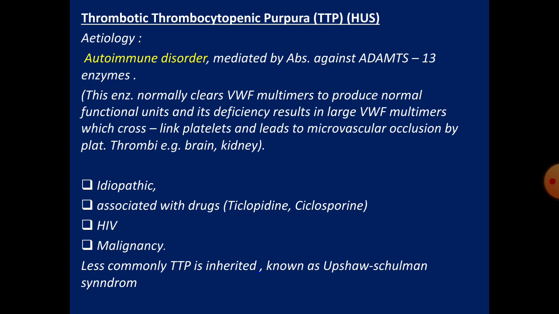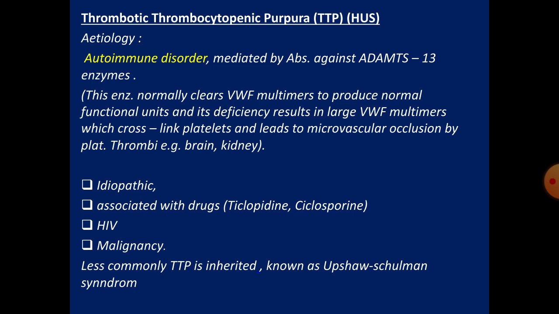So once we have this large multimer von Willebrand factor that is not cleaved by this defective enzyme, or because of the antibody against this enzyme, the large von Willebrand factor accumulates inside the vessel, and this may cause cross-linking with the platelets, and this leads to microvascular occlusion. And this microvascular occlusion can happen in different organs, including the brain and the kidney, mesentery,